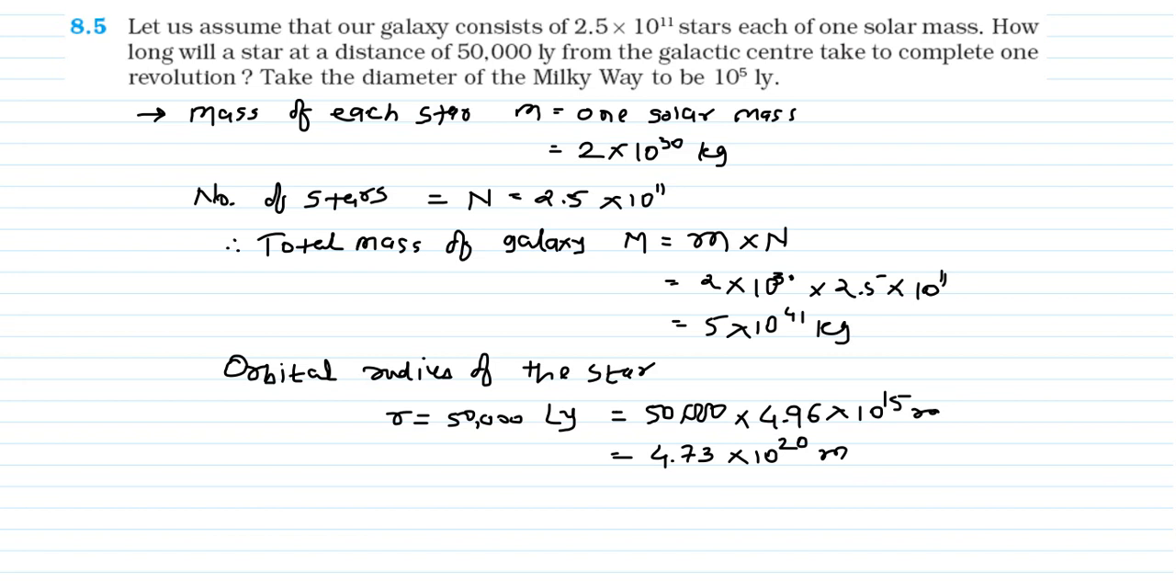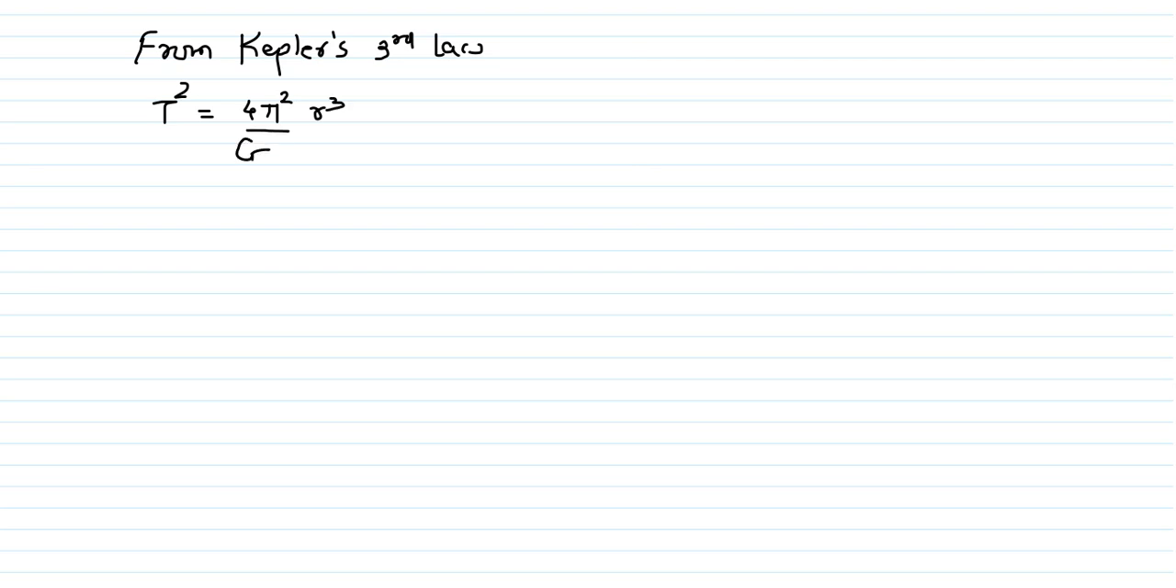the periodic time, that is the periodic time for one revolution. So here we can say that according to Kepler's third law, T square is equal to 4 pi square r cube upon G into M. Okay, now we can say that T is equal to, we will substitute all these values, 4 into pi square,